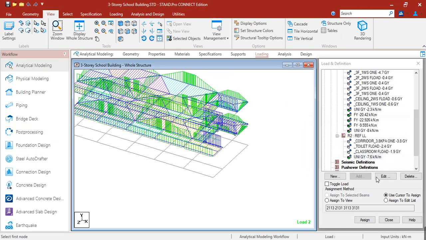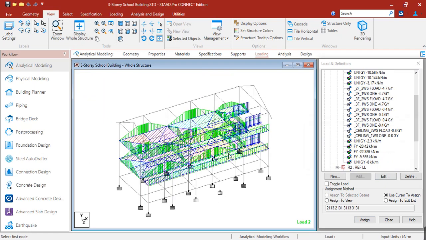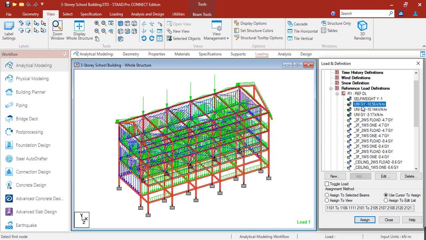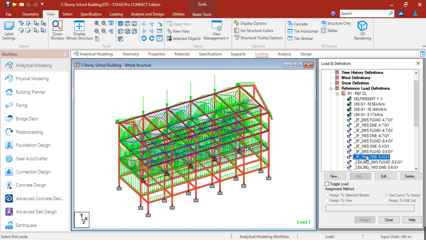Okay, so let's check again if we already completed the dead load and live load. So for dead load, we have the self weight, the walls, exterior walls, interior walls. This is for the railings. Second floor, the third floor. For the ceiling loads.